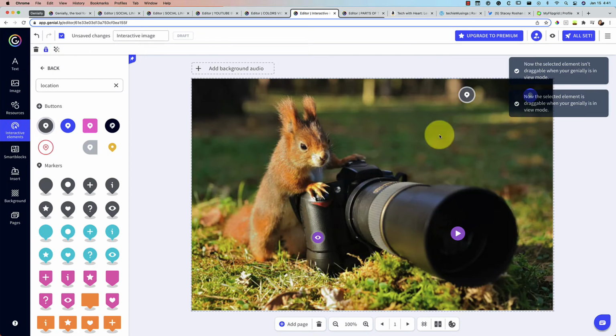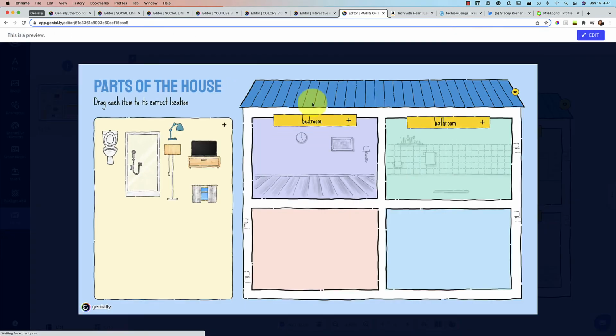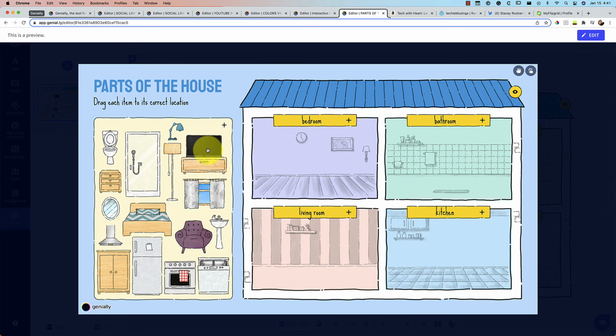All right, last example that I want to get into is this one, which has a lot of draggables turned on. All of these are actually draggable elements. As you can see, the draggables are turned on for each of them so that students can put these into the respective parts of the house. So you could create this as an activity where all they do is go into preview mode, they move things around, and then they take a screenshot when they're all done and turn that in.